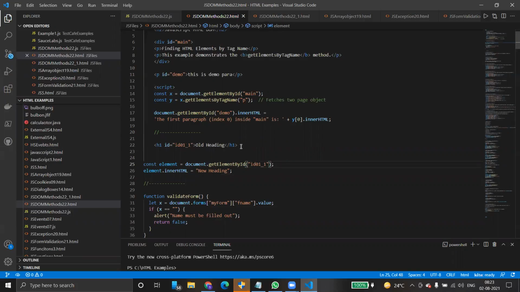It's not taking, I think. I'll check actually. It's supposed to replace this old heading with a new heading.